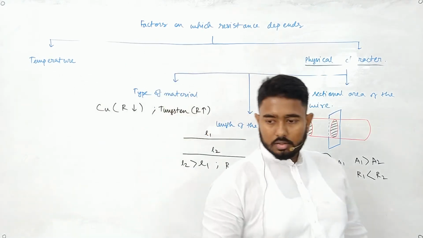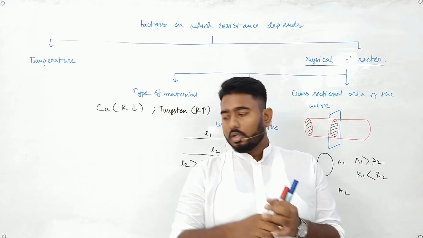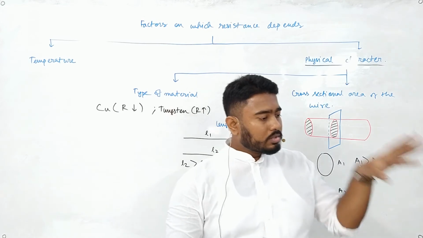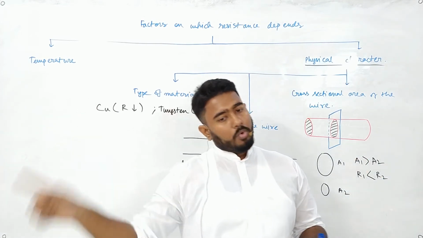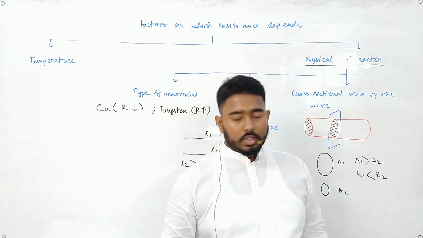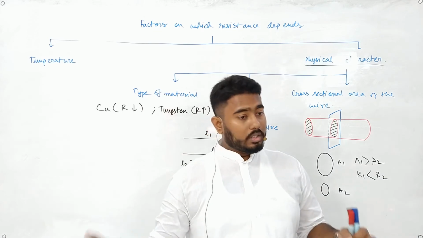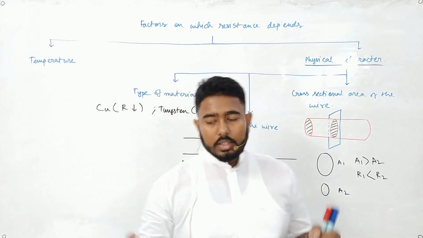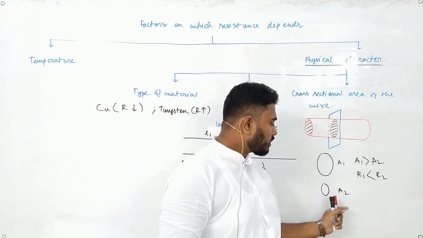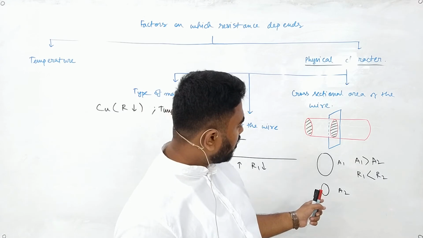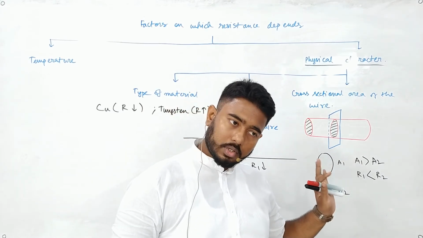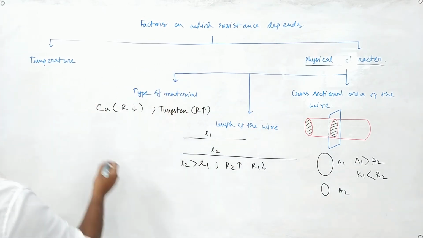Just think of it in this way. Suppose you have a street. You have a narrow street and a wider street. The narrow street has less area, the wider street has more area. Now if you have 5 persons to cross the road, in which case will you cross the road easily? The wider road, because it will give you the least resistance. So out of these two, the resistance in the second case will be more, because it has less area. Is the concept clear? Now it also depends on temperature.